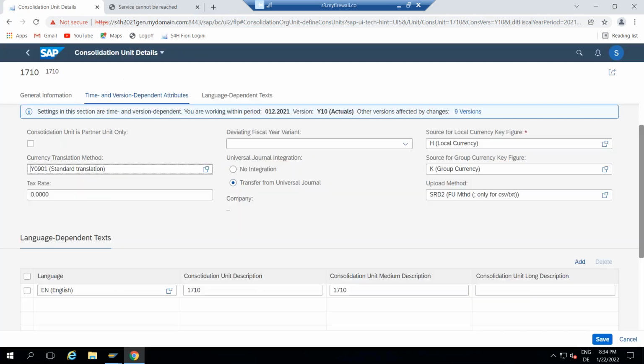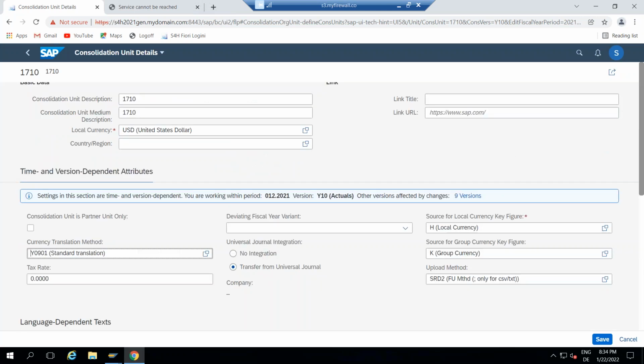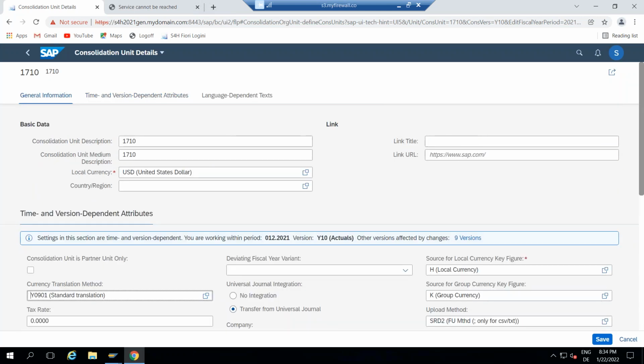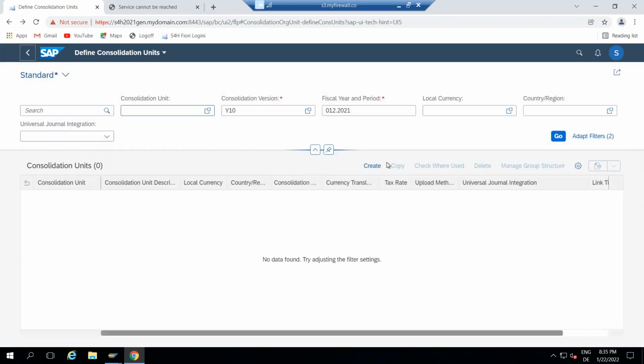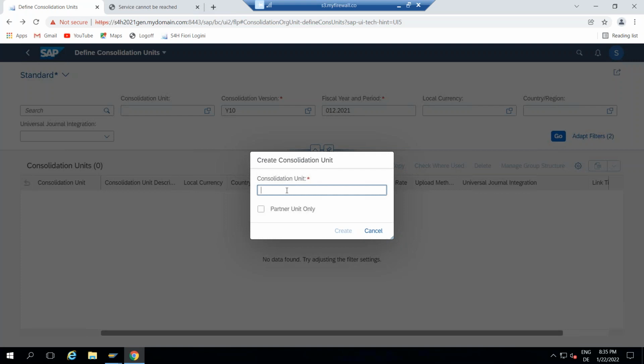So these are the settings which we need to take care during the creation of the consolidation unit. So if I go back, so if I create, now I'm giving a different create.